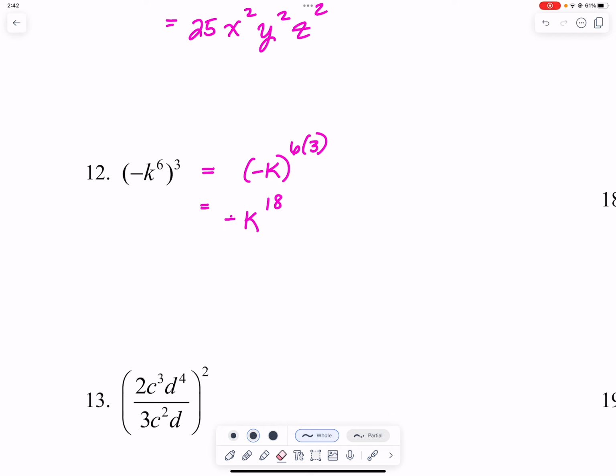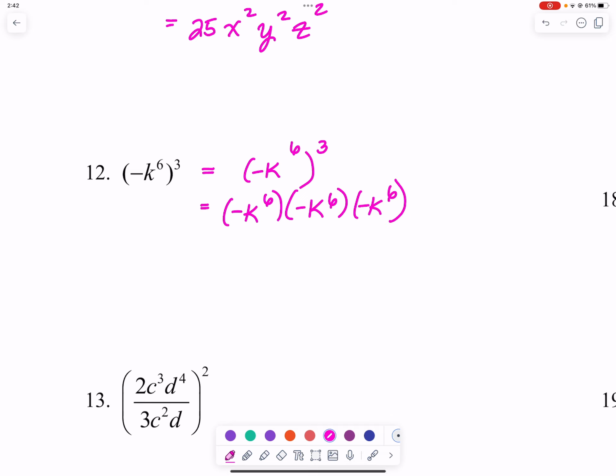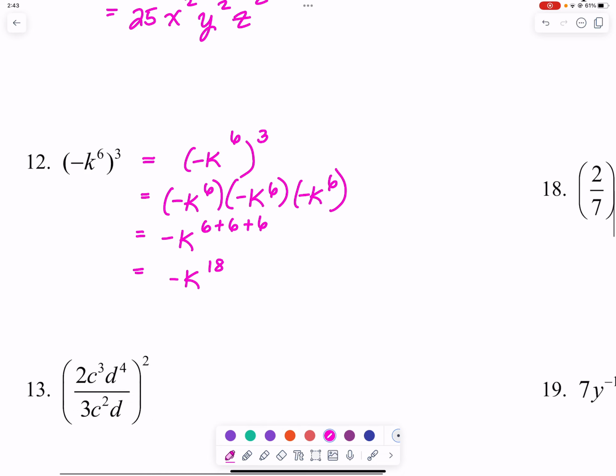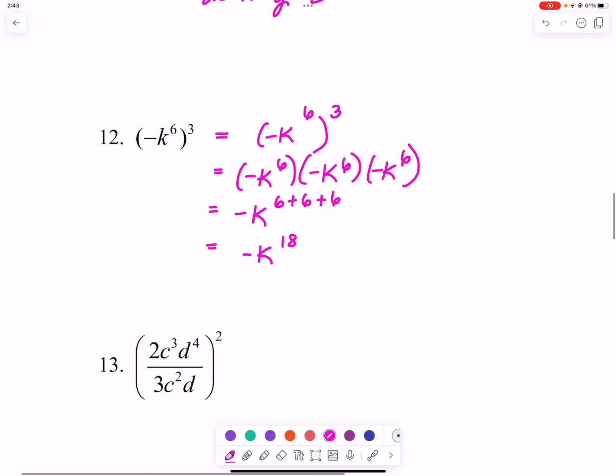So when we cube something, I'm going to go ahead and change this, because that is a correct answer, but not the right way to explain it. So we have negative k to the 6th, cubed. You could think of it as negative k to the 6th multiplied by negative k to the 6th multiplied by negative k to the 6th. And as you can see, we would have the same base of negative k, with exponent 6 plus 6 plus 6. Okay? You could also think of this